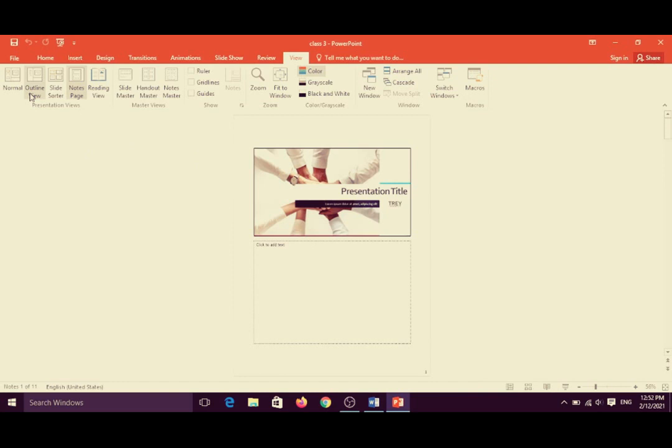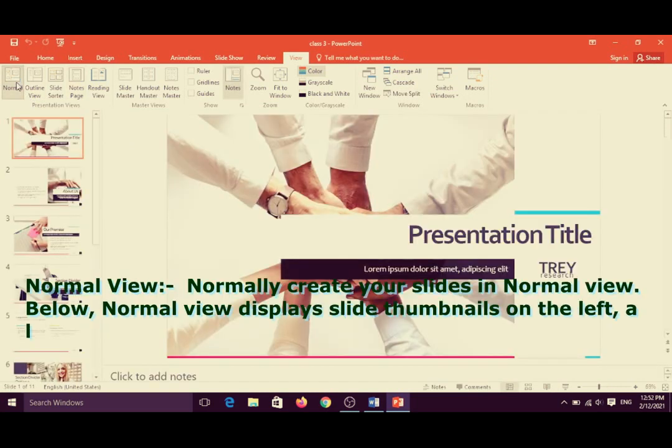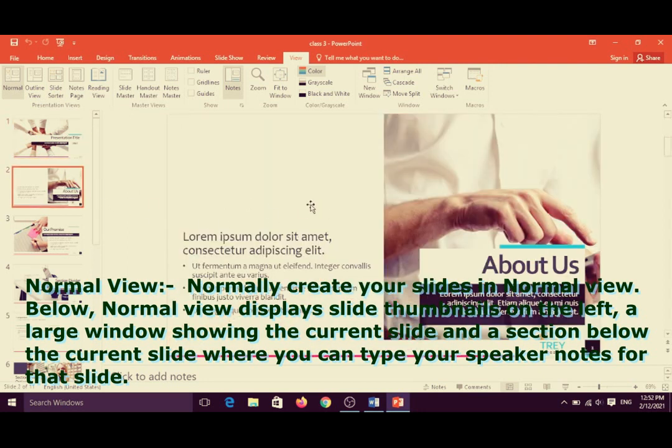Okay, Normal view. Click on Normal view. You normally create your slides in Normal view. Normal view displays slide thumbnails on the left side and a large window showing the current slide. When you click here, see, now this is the slide thumbnails on the left side.